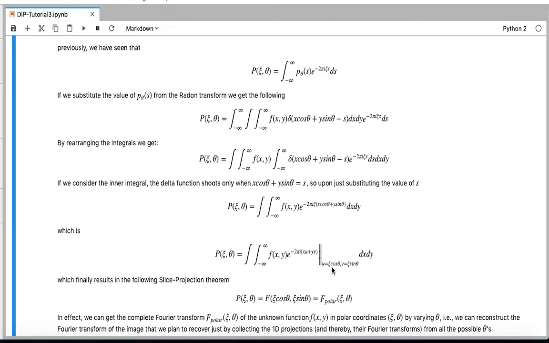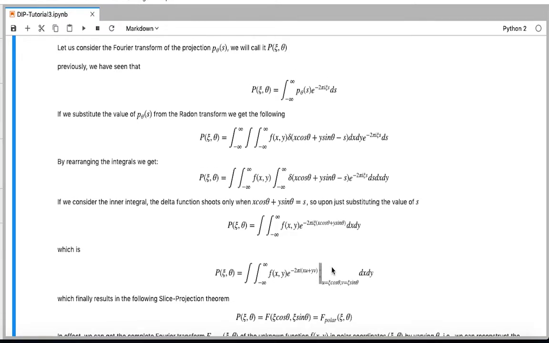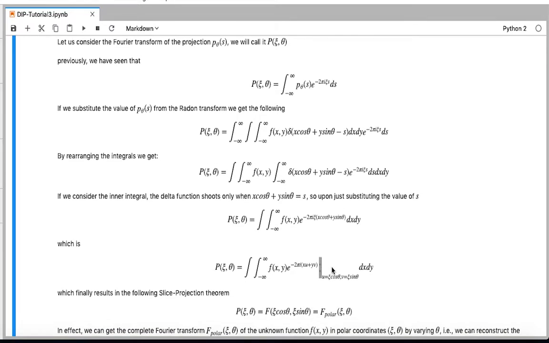What it essentially means is that the Fourier transform of a single projection is exactly the same as choosing the particular polar coordinate of the total Fourier transform of a 2D image,